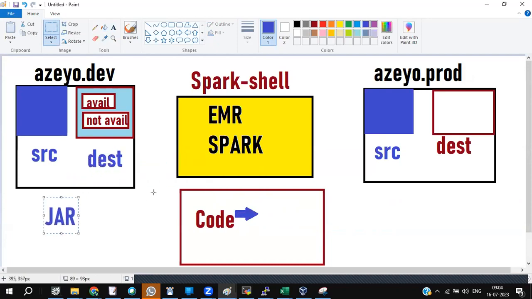Leave about the production. We'll come to the production shortly. Take this code into a jar and, using the jar, run it, and let's see by the time you run the jar, whether the same available and not available customers are getting created or not. That's what he's asking.